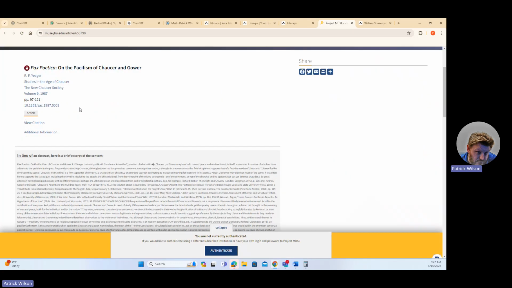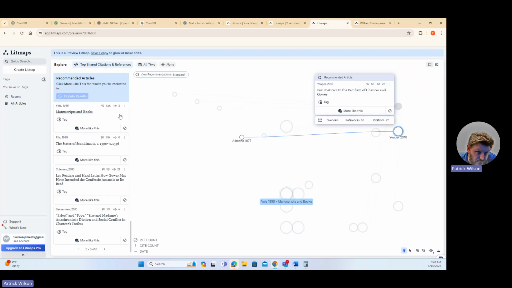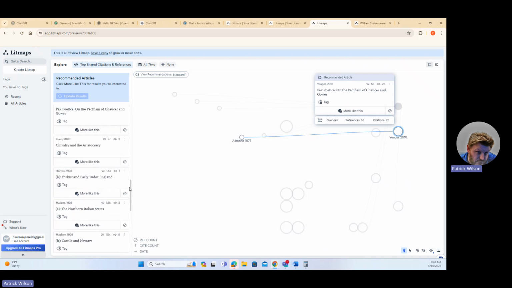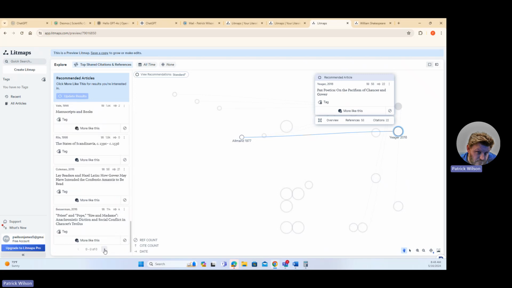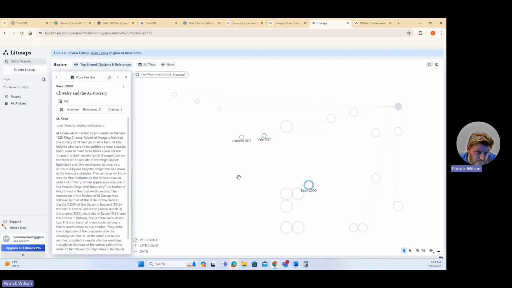There again, this is taking me to the New Chaucer Society, so it's a reputable journal. Let me see if I can find another one, because right now I think this is going to be hit and miss on my side. Let's see. See if I can find one more maybe. But I just wanted to give everybody